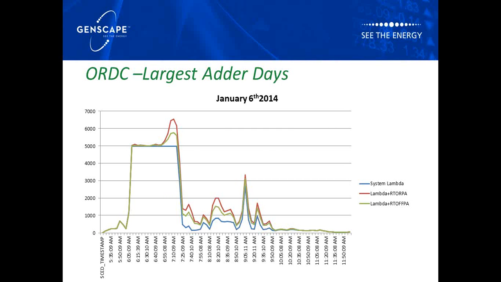The offline reserve price adder gets built into the online reserve price adder, meaning, as you can see, the green line, which is the offline, is always below it because it's a piece of the online. It's built into that price. The green line is always below the red, and the online price adder is what actually gets added to the LMP, which in turn becomes the settlement point price.